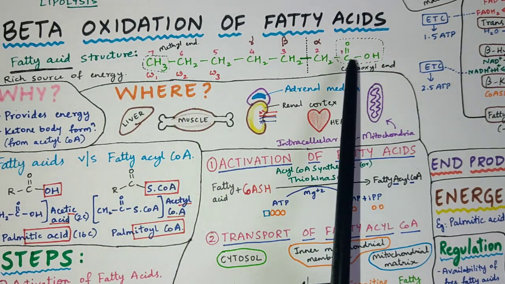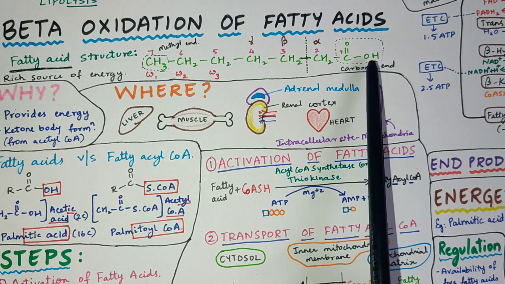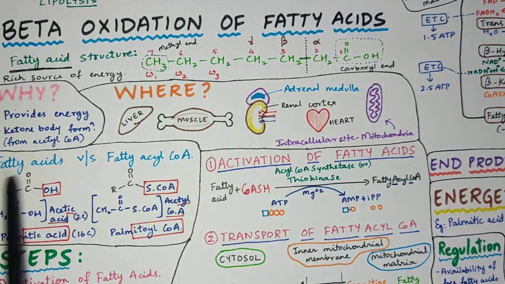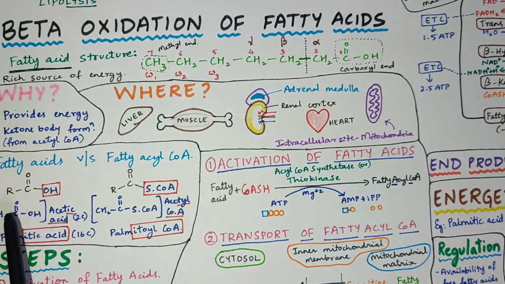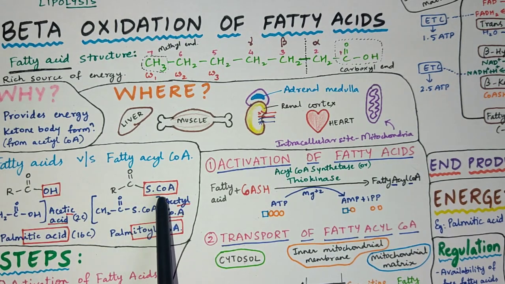Now, let's get back to this diagram. In this diagram, except the carboxylic acid group, we will replace all this chain as R. It is the small depiction of this picture. Here we have RCOOH, that is fatty acid. When we replace OH group with S-CoA group, that is sulfur-CoA group, we will get fatty acyl-CoA.